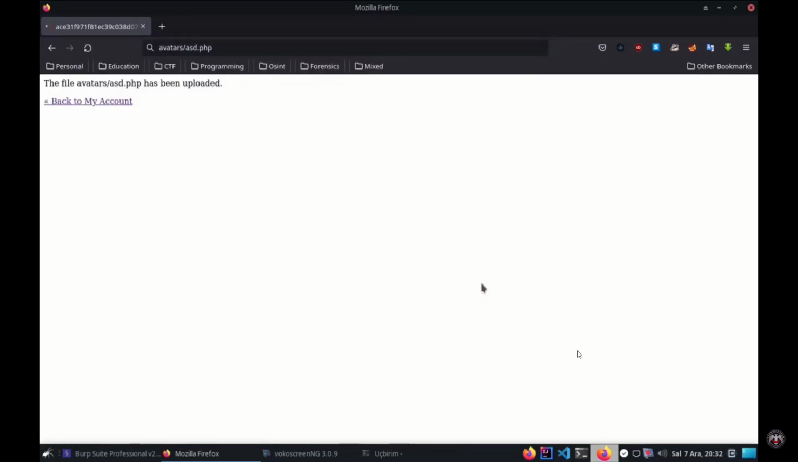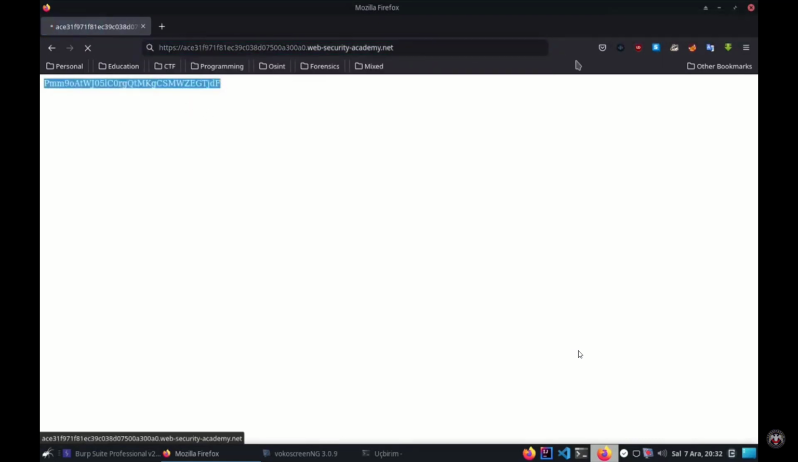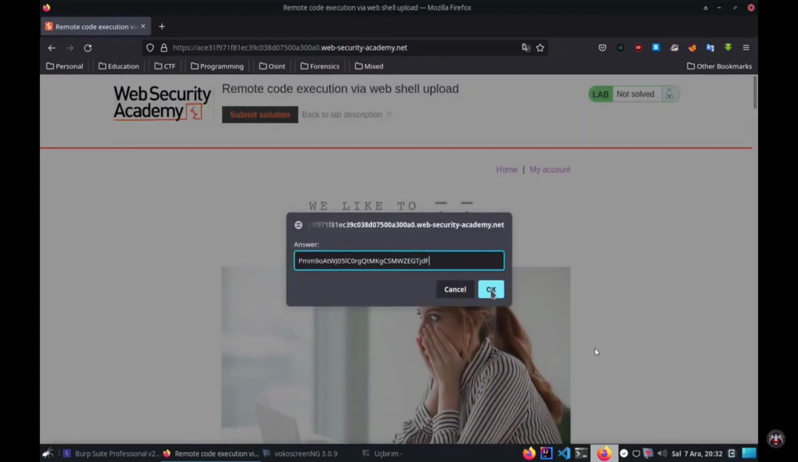Let's go and navigate to our file. See the file. Let's delete that, files/avatar.php. You see we have the secret, and let's submit our secret with